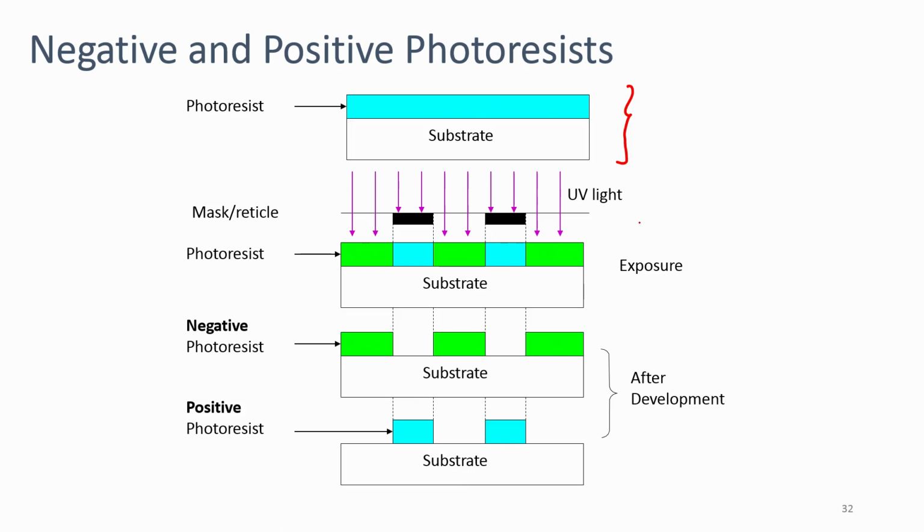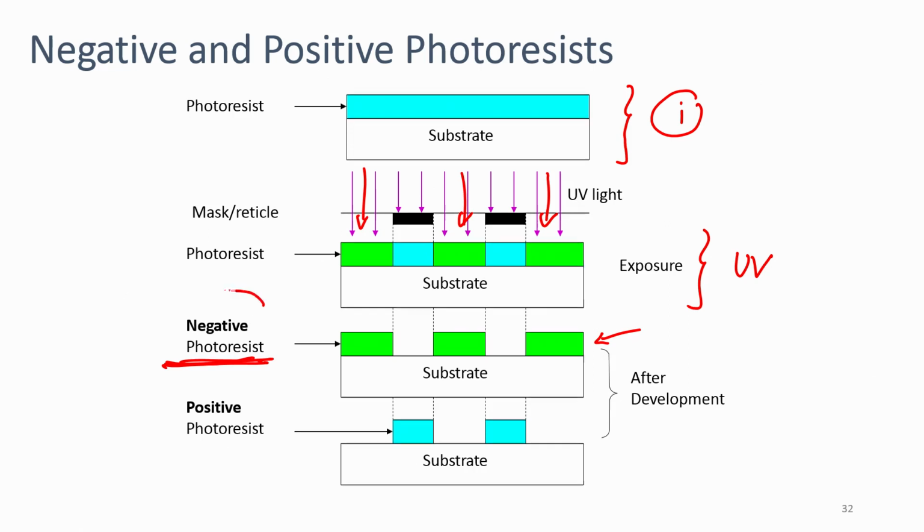Now, if I expose this wafer, if I expose wafer number 1 with UV light, then if it is a negative photoresist, the area which is exposed, you see the area which is this one, exposed will be stronger. You can see here, the area which is exposed is stronger in case of negative photoresist,